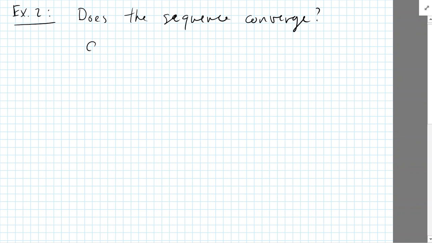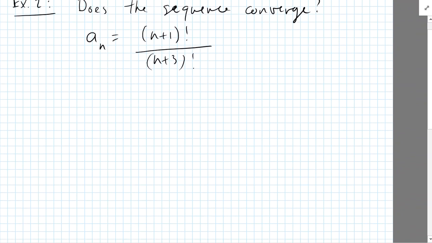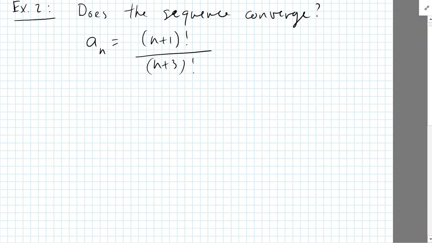In the sequence, the nth term is defined as n plus 1 factorial over n plus 3 factorial. Does that converge or not? Well, we have to take the limit of this, but we'll go ahead and do it all at once. So I'm going to take the limit